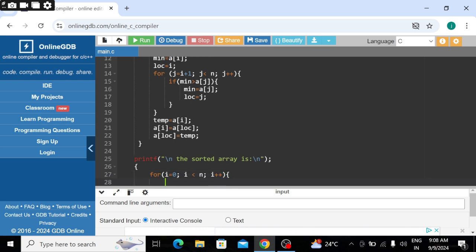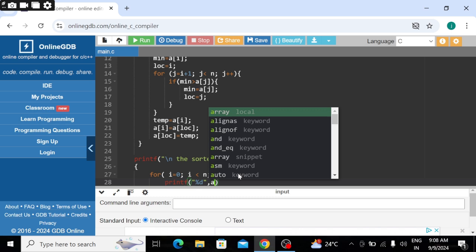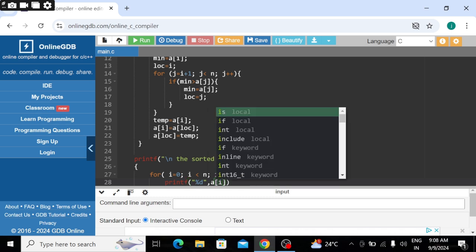After that we give conditions in the for loop that print all the elements of the sorted array in ascending order. %d, then a[i].